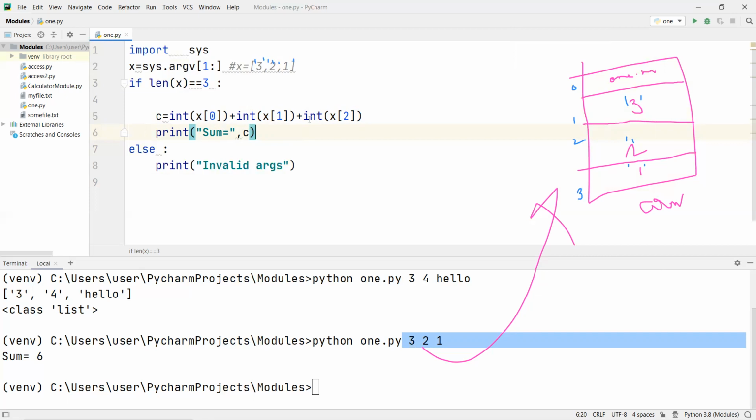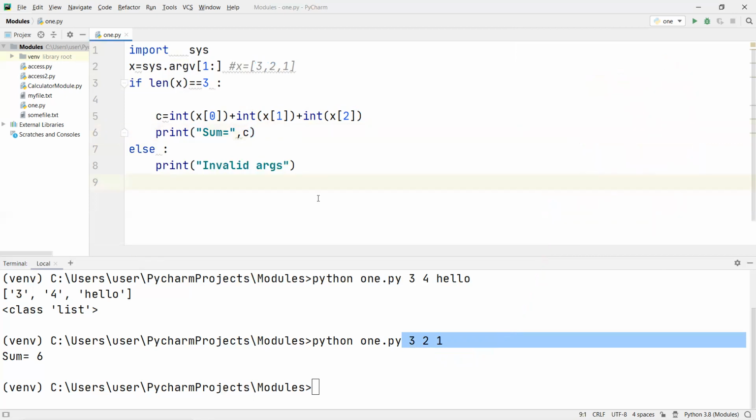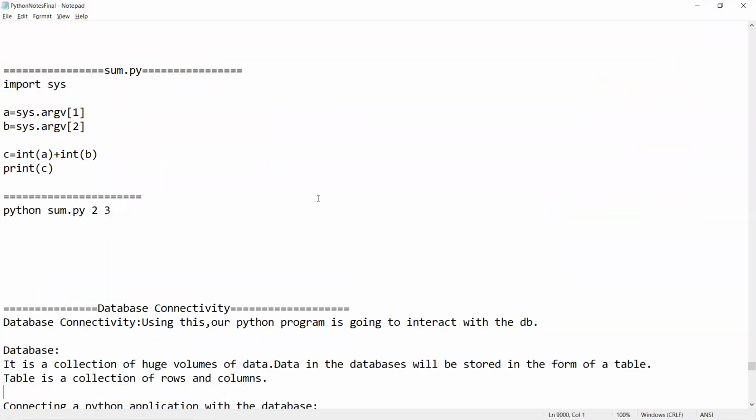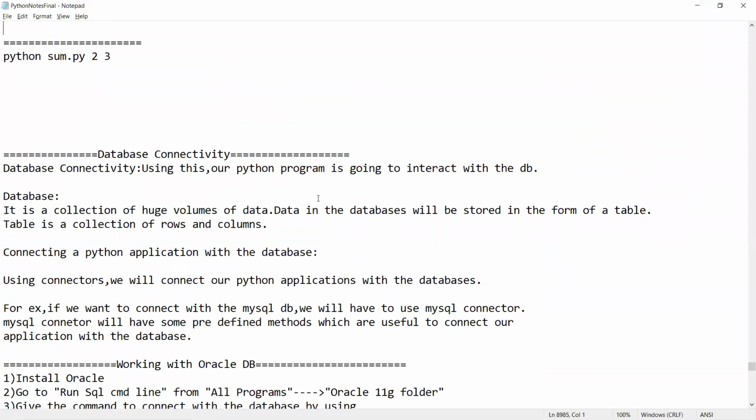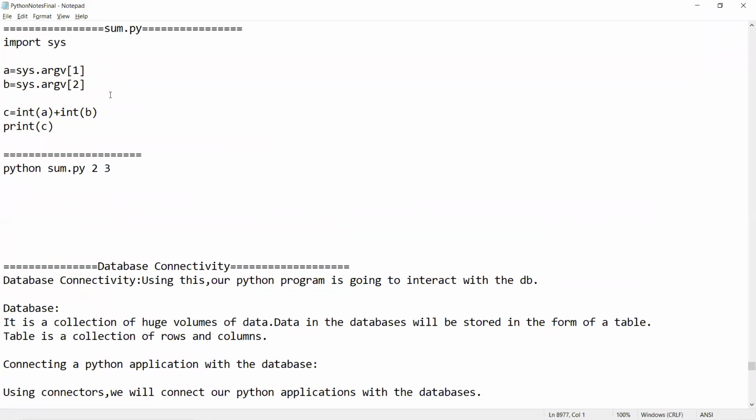So now we will see the real-time purpose, like why do we use command line arguments, in what situations we will be using that. Let's understand. Let's say I had written a program that can add two numbers. So what I had done here, I'm passing 2, 3. You know, the sum of sum.py is in argv of 0. This 2 is at argv of 1. That 3 is at argv of 2. Correct? So sys.argv of 1, argv of 2, I'm storing into a, b,